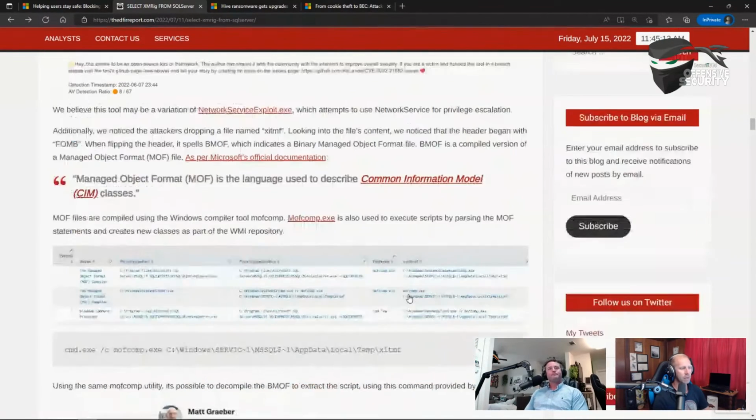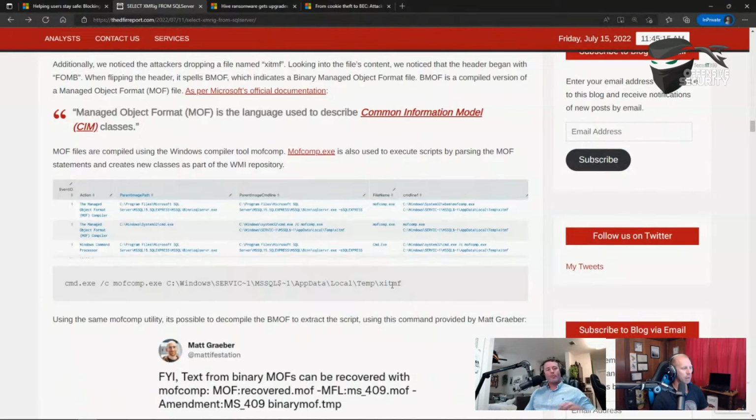Yep, it's definitely an interesting one. It's an interesting report, because you could take these techniques and emulate them in your environment or in a lab, right? And see, does my AV product, does my EDR pick up on this stuff? If I run a MOF file using this LOLBin, is that something that gets picked up?